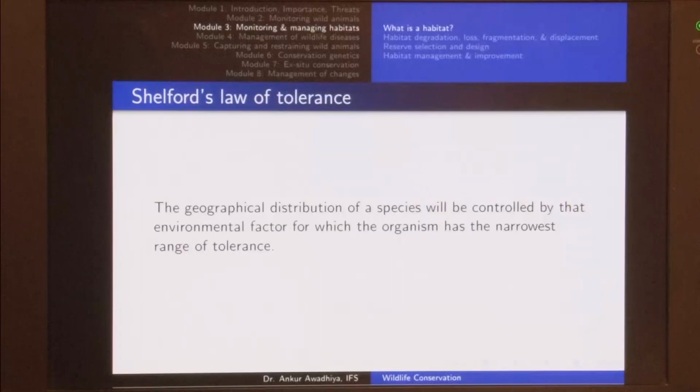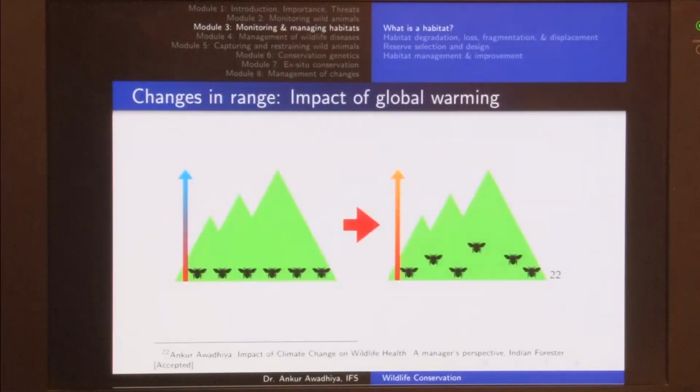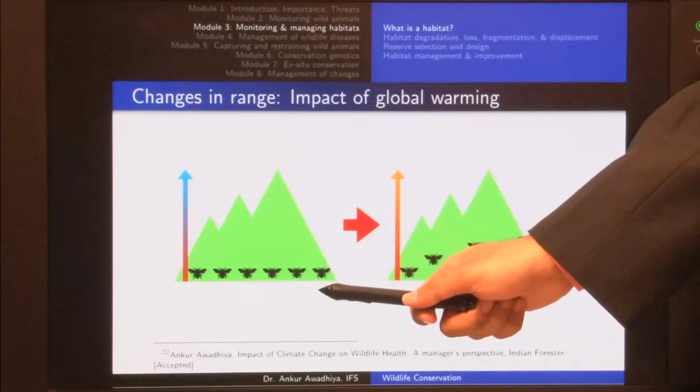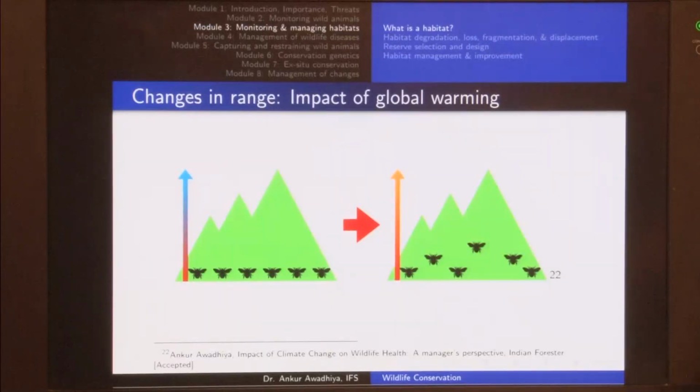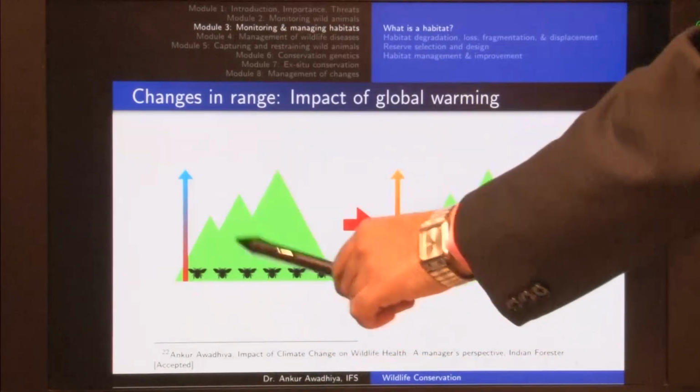So, this is Shelford's law of tolerance, and these days we are observing it in the field in the form of changes in the range. Essentially, there are certain organisms, mostly certain insects, that can only survive and reproduce at higher temperatures and higher levels of moisture. Now, with climate change and global warming, what is happening is that if we consider a